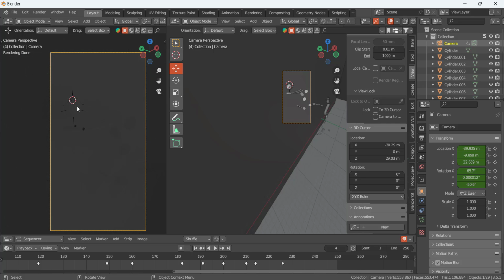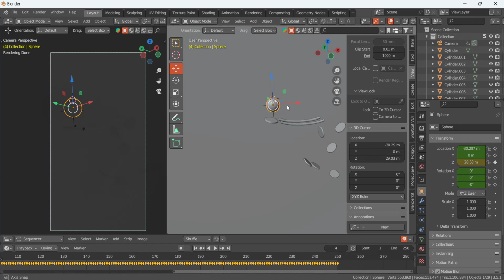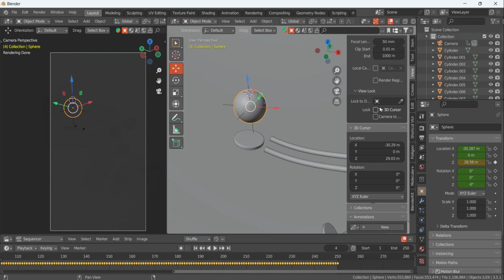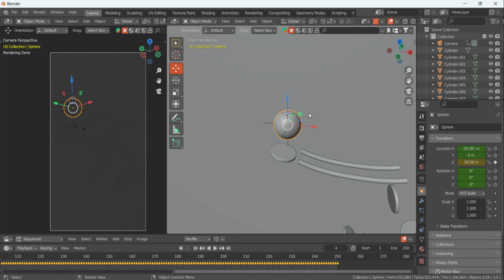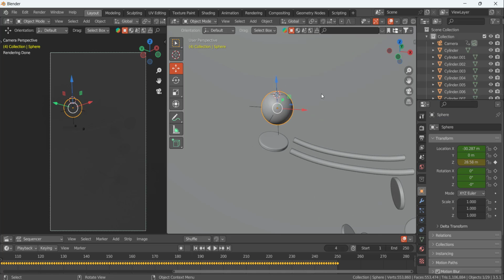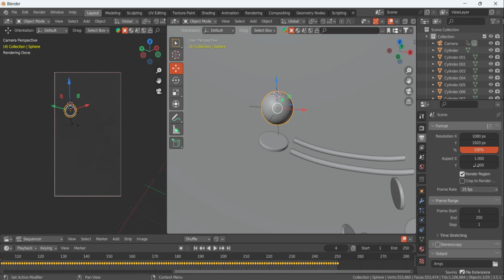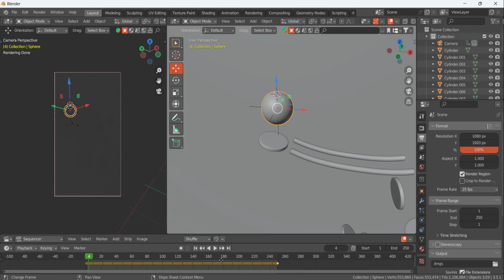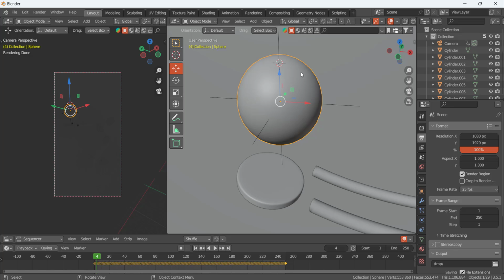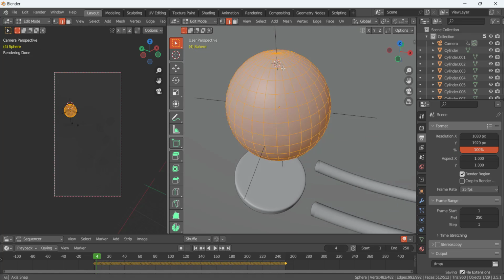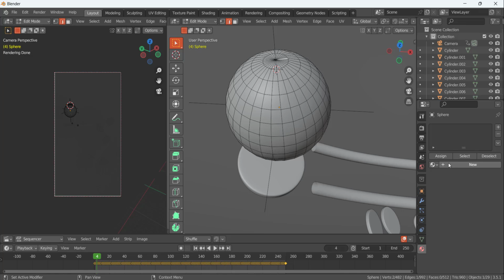So I am going to click render here, and this one will be the view in which we are going to apply the render setting. And here, if I go here, render region, so it will only show the render region. Okay, and here for this ball, so first I am going to add a